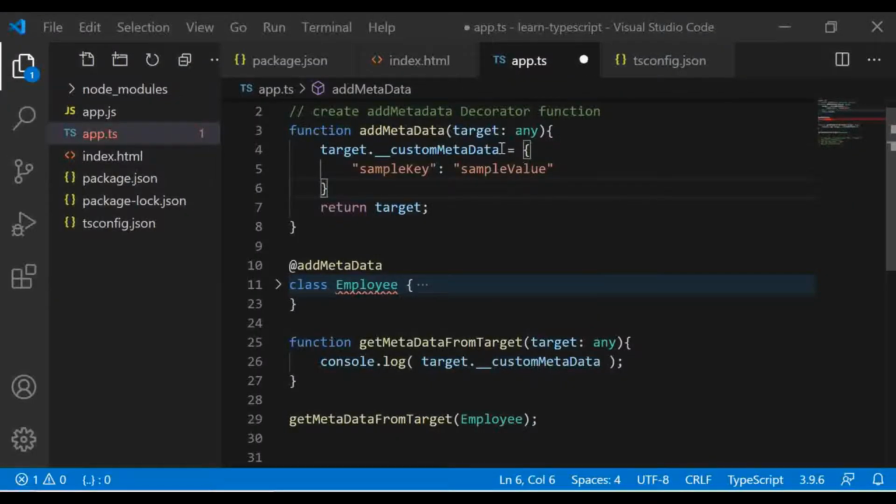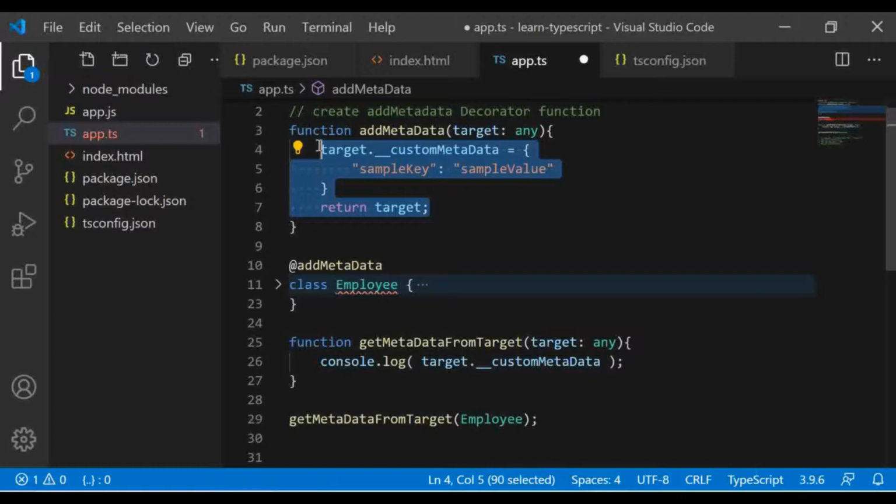Now, instead of using this hard-coded value, let me show you how to pass arguments to a class decorator. We can wrap a class decorator with another function to allow customization.